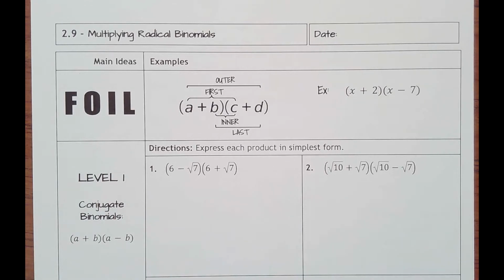Lesson 2.9, multiplying radical binomials. Go ahead and put today's date up here if you'd like. First thing we need to talk about is what happens when we multiply binomials, which means there's two terms times